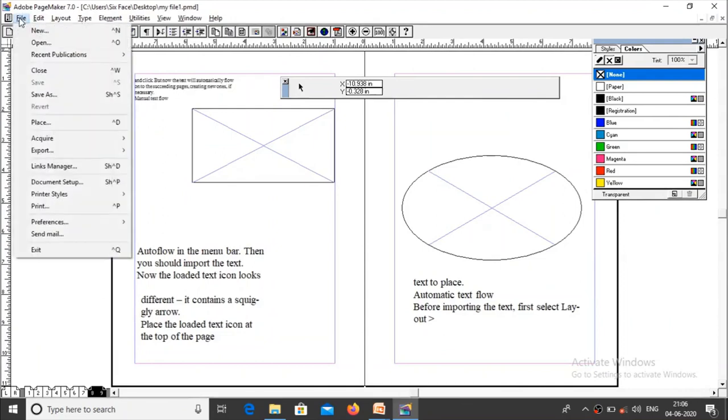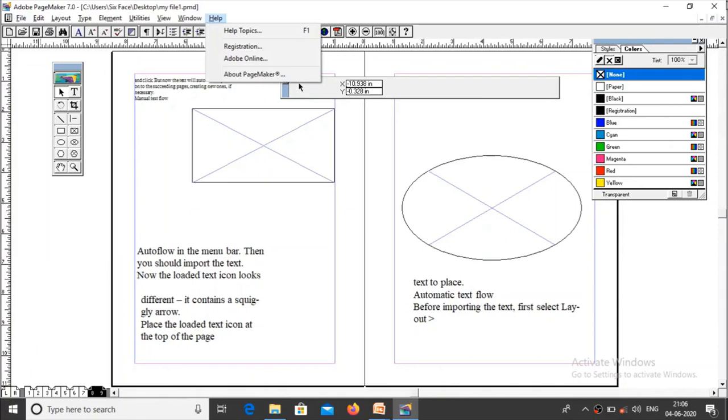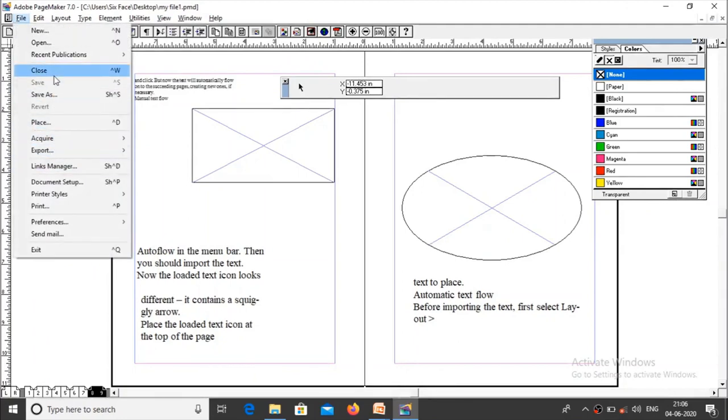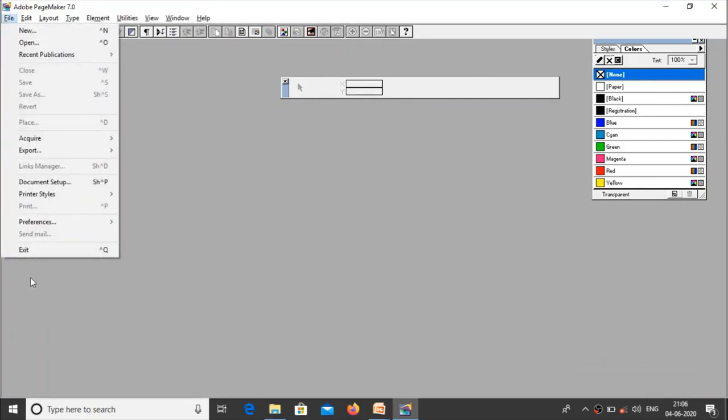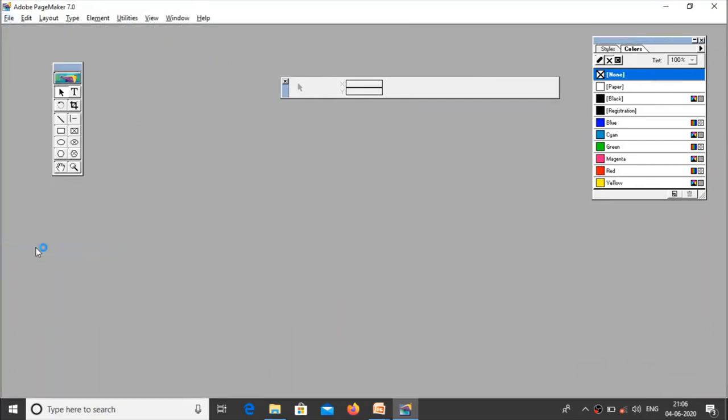அப்படின்னு பார்க்கும்போது ஃபைலில் போயிட்டு எக்ஸிட் கொடுக்கலாம். அல்லது ஃபைல் க்ளோஸ் ஆப்ஷன் யூஸ் பண்ணலாம். ஃபைலில் போயிட்டு க்ளோஸ் ஆப்ஷன். Once you choose the file close option, you closed only the window, not the application. So once you click the file exit, the entire page maker will be